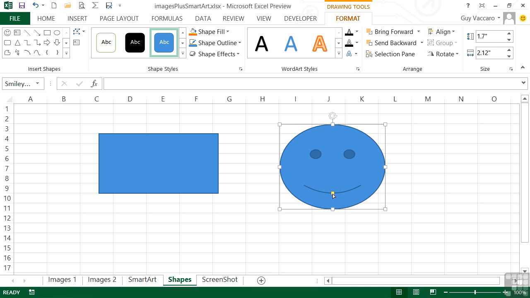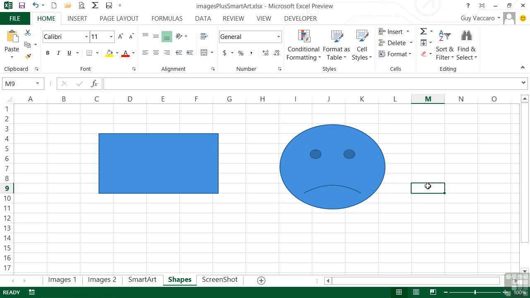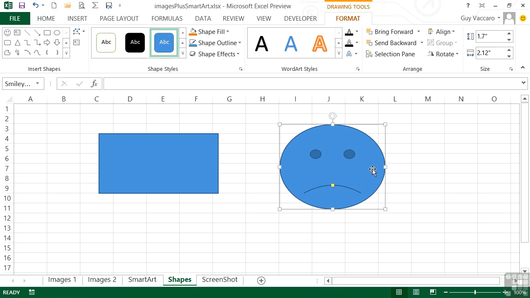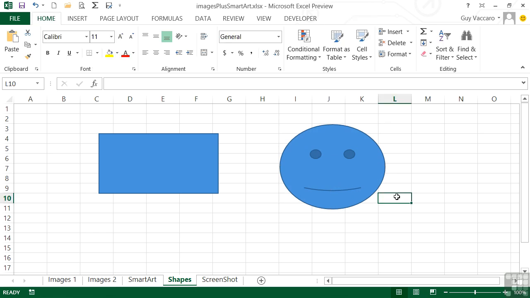And what that allows us to do is change the smiley face, if I click and drag, into a sad face. When I click away, all the other handles and the little yellow handle also disappear. So it's only when you have the object selected that you can resize, as we know. And we have a yellow square there just for altering the smile from a smile to a sad face or to a straight line. Now there's no need for us to explore every single shape because there are lots of them, but